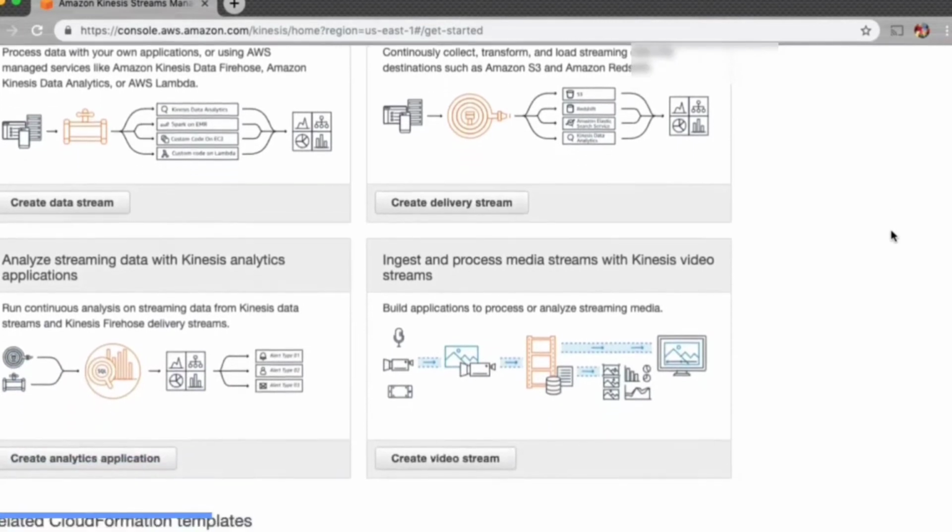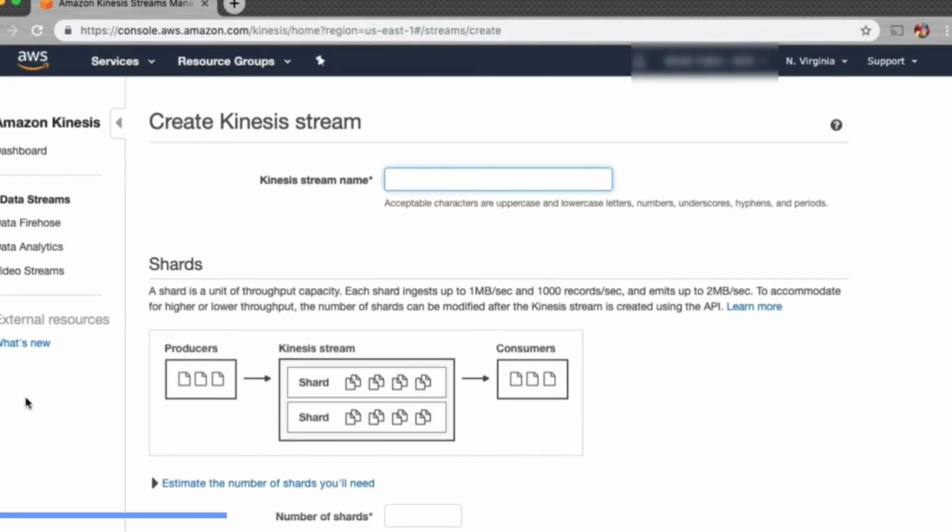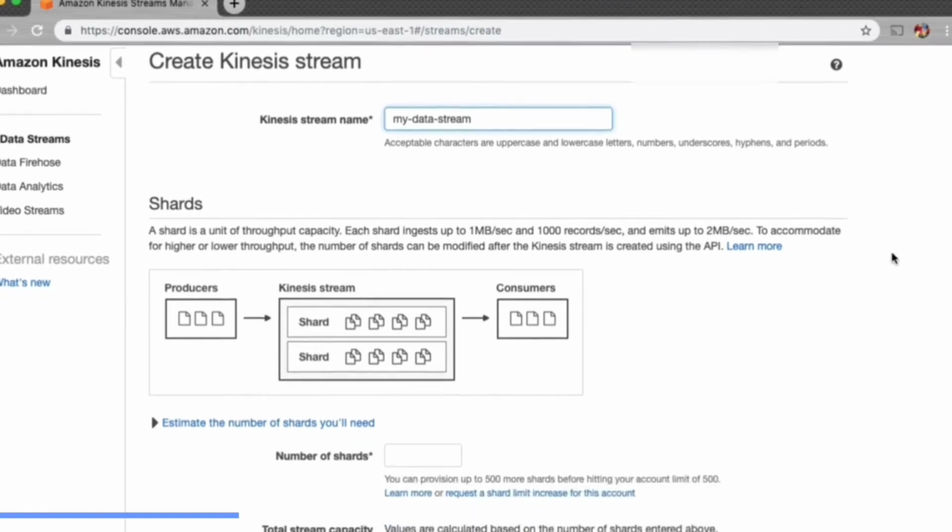Now, in this lab, we want to start off by creating a Kinesis stream that we are going to stream our dummy user data to. So let's go ahead and click on Create Data Stream. At this point, it's pretty easy to set up a Kinesis stream. All we have to do is give it a stream name and the number of shards. So let's go ahead and give it a stream name of my data stream. So just remember, whatever stream name you use, as we will use this later down the road, we will need to use it within our CloudFormation template.